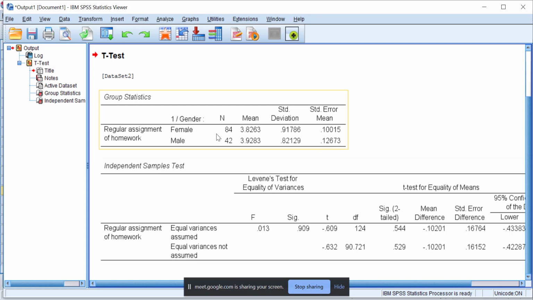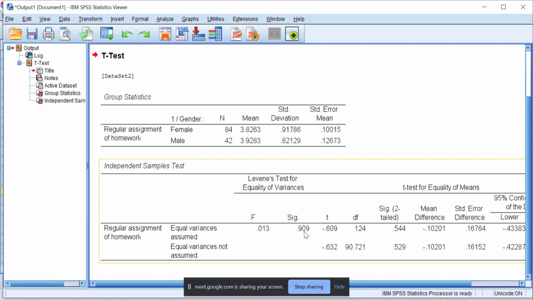So this is the independent samples t-test, and this is the mean. As you can see from the mean, if we want to compare the two groups, who assigns homework more, the group that does so is the male group, as the mean score is higher. So the male group has a higher mean score compared to the female group. This means that male teachers in that case study that you investigated assign homework more frequently than female teachers. Okay, and then you can give them some interviews. But this finding is not statistically significant. Therefore, we cannot generalize it to